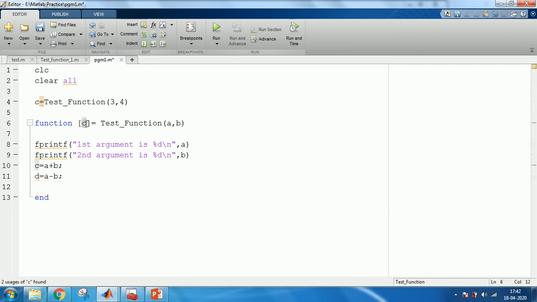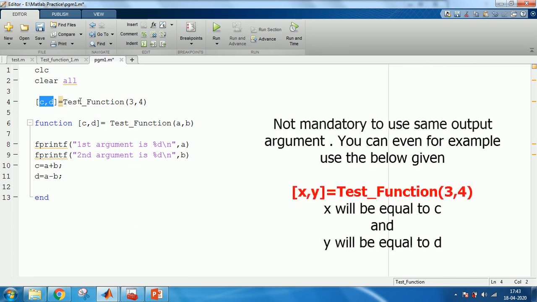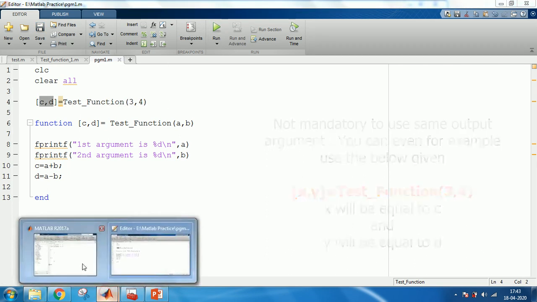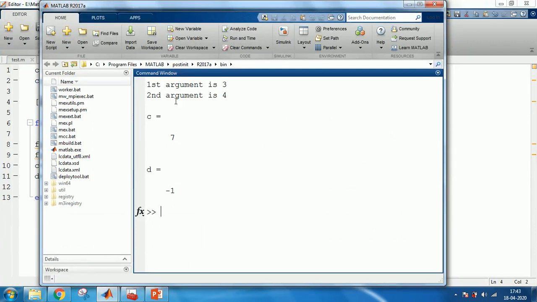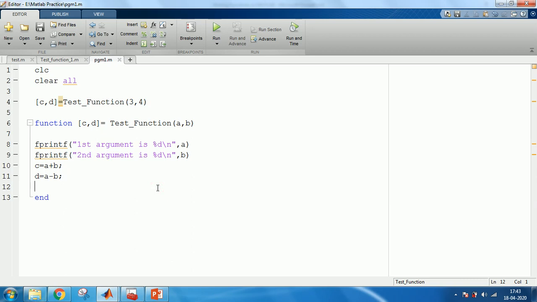Here you can just append c comma d, and you have to call your function in the same format, c comma d, where test function is the name of the function and these are the two input arguments. Let's run it. You can see the first argument is 3, the second argument is 4, their sum is 7, and their difference is minus 1. So this is about writing your own functions. That's it regarding functions. Thank you.